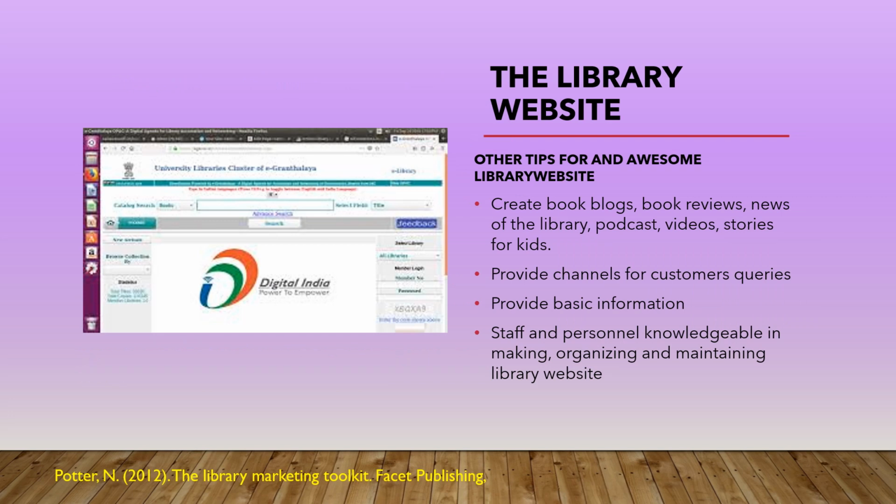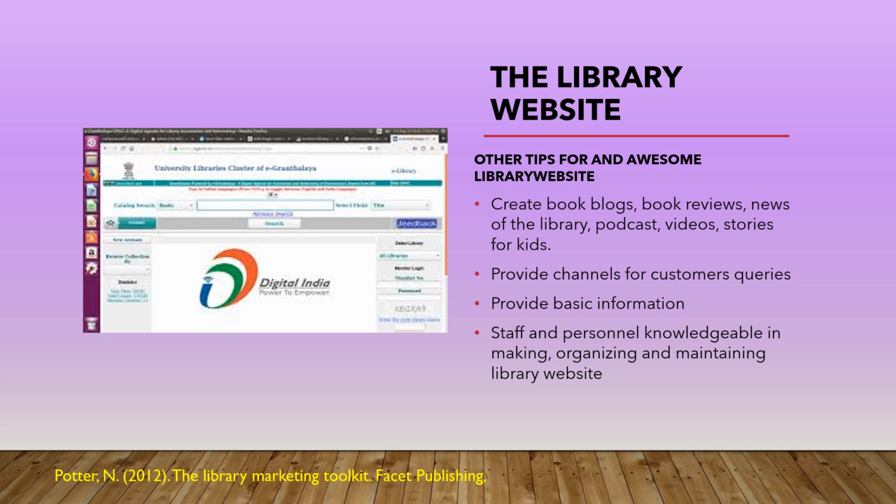Another tips for an awesome library website. So it seems like this list of tips is the responsibility of the library professionals who engage in making a library website. So first is to create book blogs, book reviews, news of the library, podcasts, videos, and stories for kids. Stories for kids, so these are basically for school library websites or